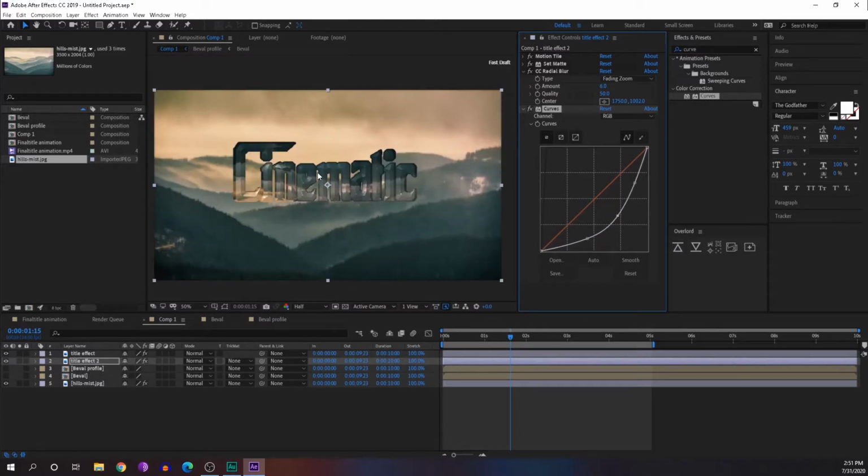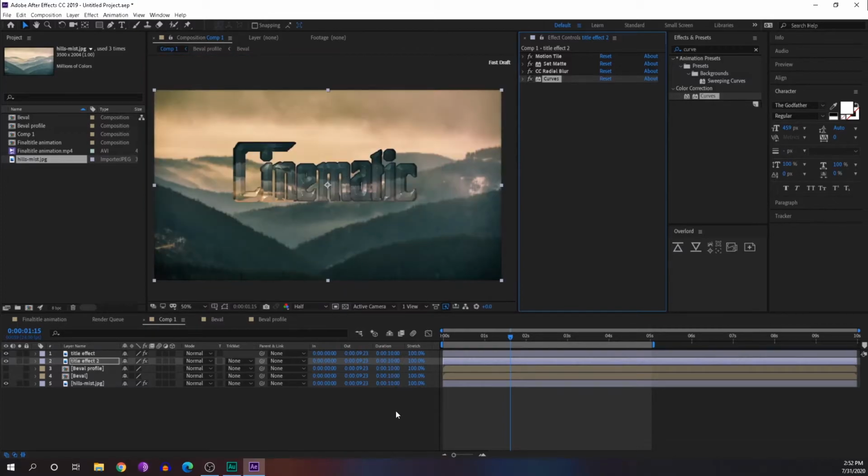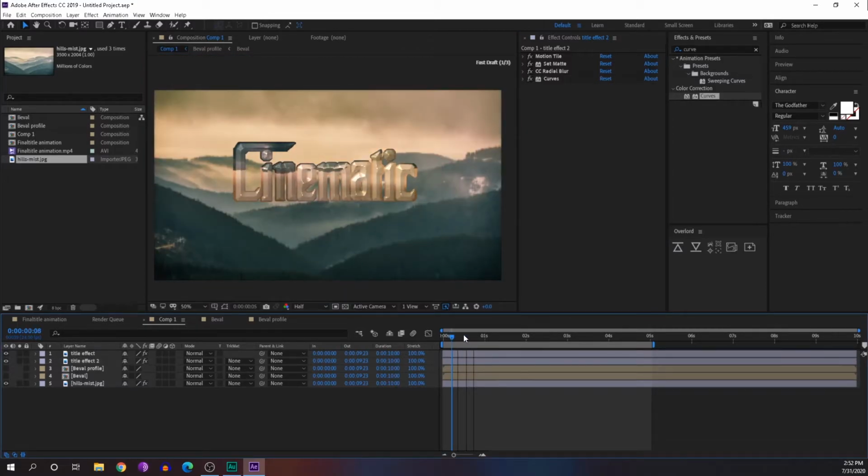We'll darken that depth. Now when we complete that, you can see it's looking more like a 3D layer, and even the reflection is happening properly.